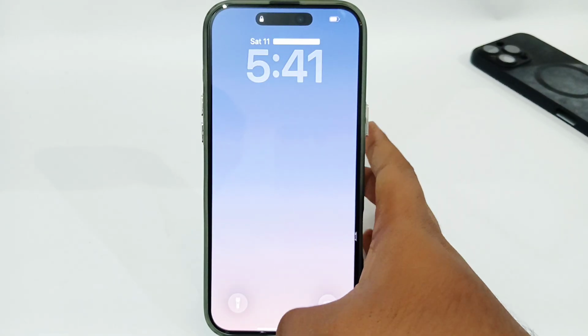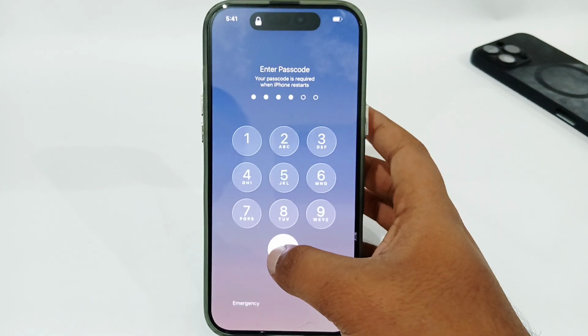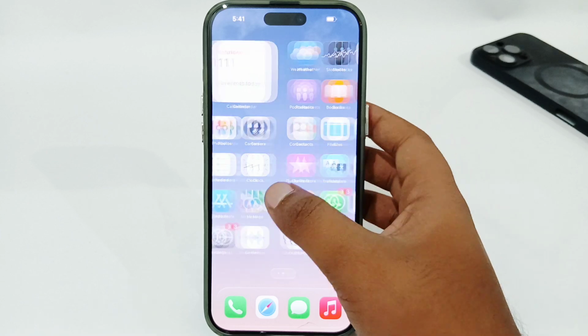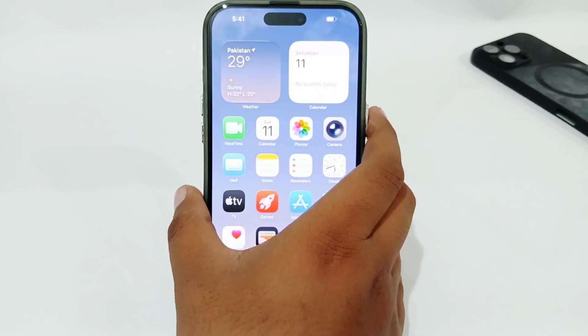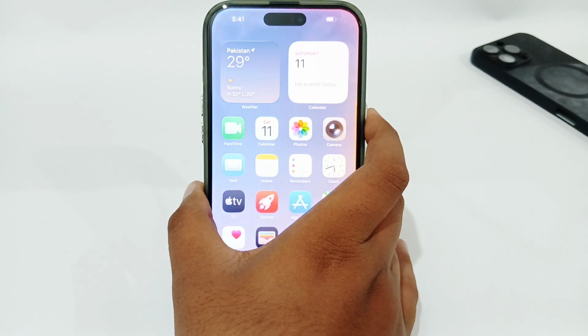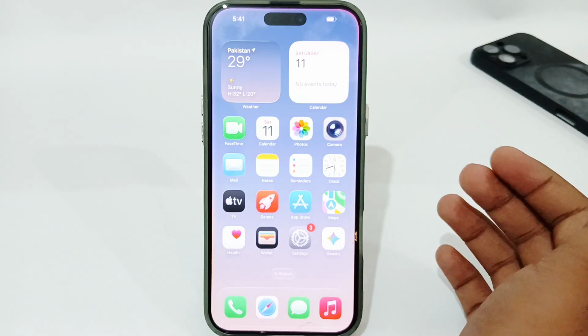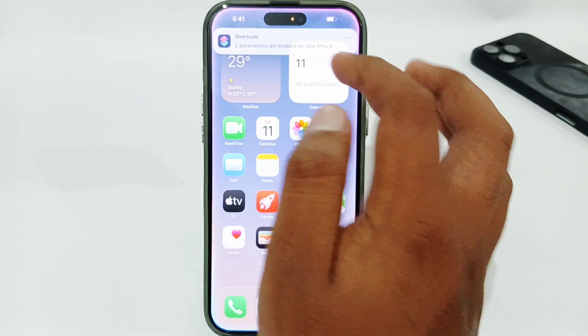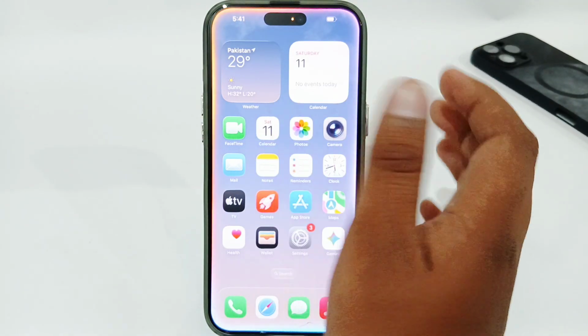After that, you have to swipe up and enter your passcode here. And here you have to press and hold your power button, and Siri will be enabled. So in this way, you can easily enable your Apple Intelligence or